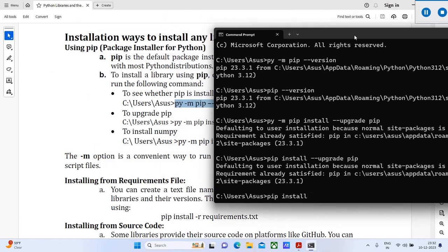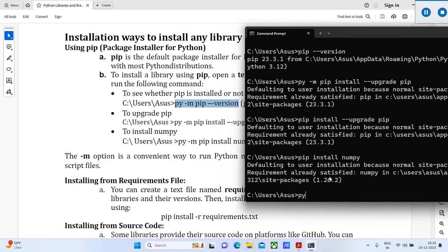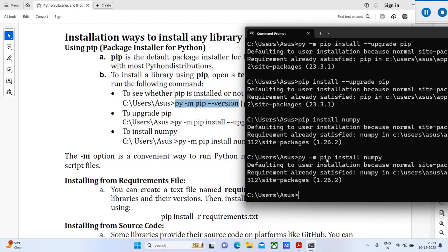the name of the library, that is either pandas or numpy. Just now I have seen the pandas library. Now we are going to install numpy. Since numpy is already installed, it shows requirement already satisfied. Or we can also use py -m pip install numpy. So this is the short form and this is the